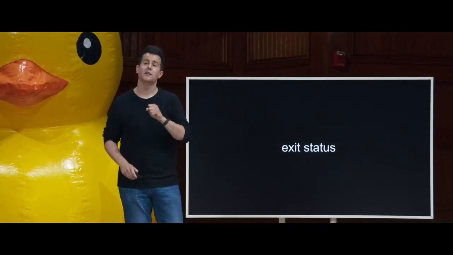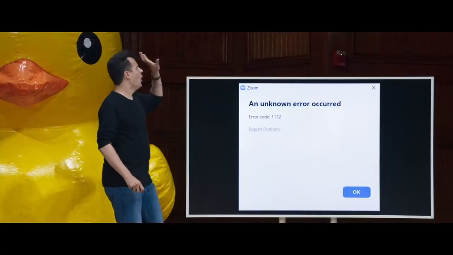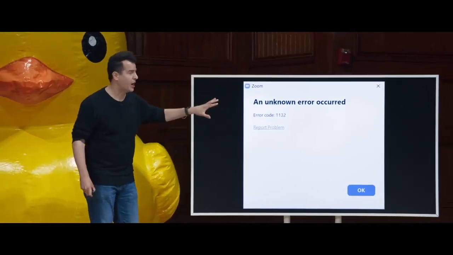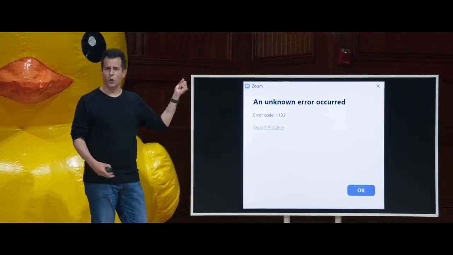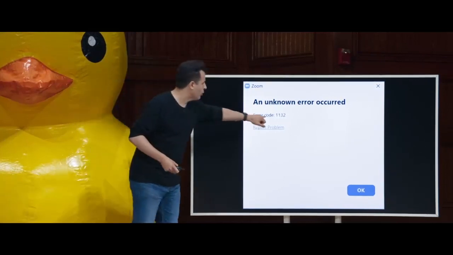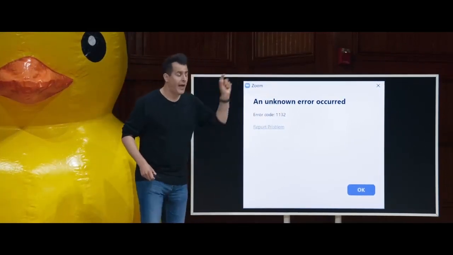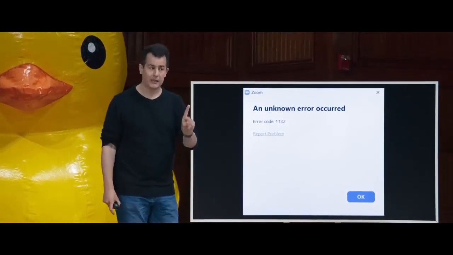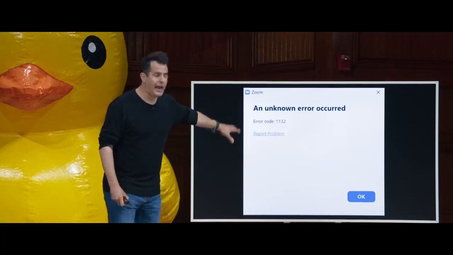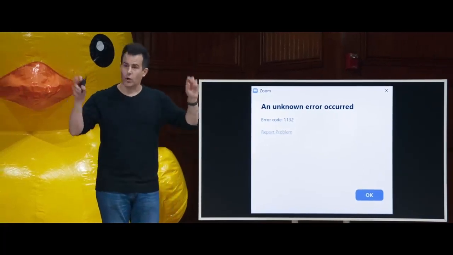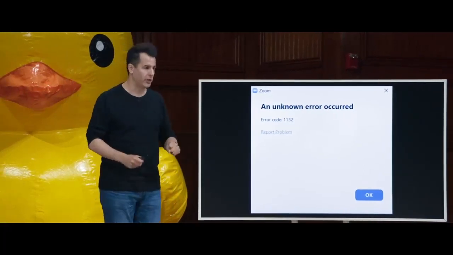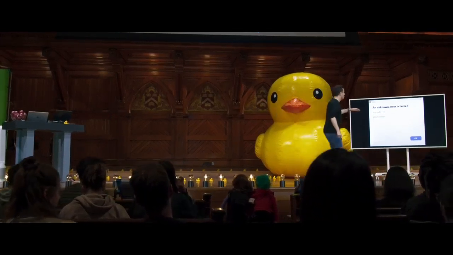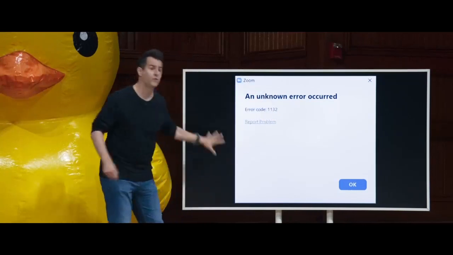And in fact, you've probably seen this in the real world, if you've ever had a random error message on the screen. Here's a screenshot of Zoom, for instance. And that screenshot, somewhat confusingly, has an error code like 1132. That probably means that the Zoom software that some other humans wrote incorrectly somehow had an error, and it did not exit with status 0. It exited with status 1132. And somewhere at Zoom, there's probably a file or a book that tells the programmers what this error code actually means. This is not useful for you and me.